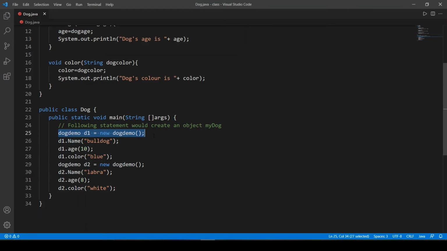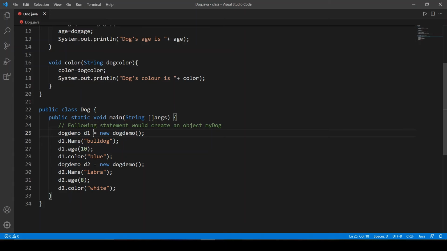As you can see here, I have already written code for making objects. What you need to do is write the class name of which you are making an object. As you can see here, we have written DogDemo, and after that you need to write the object name.